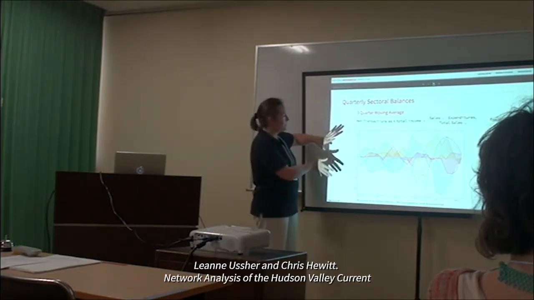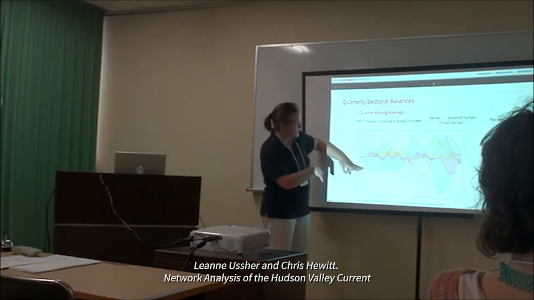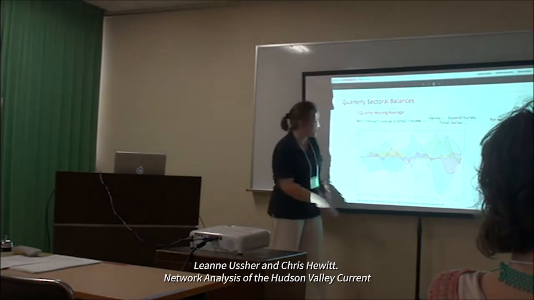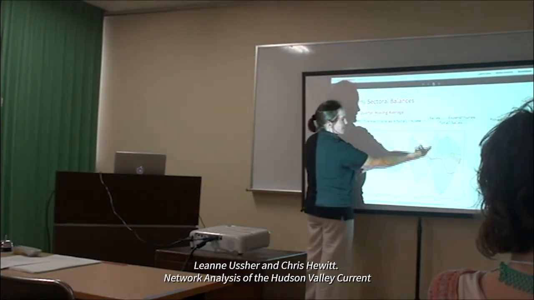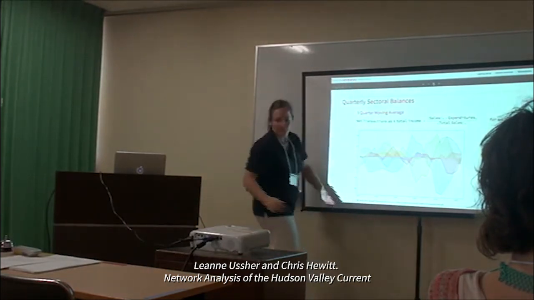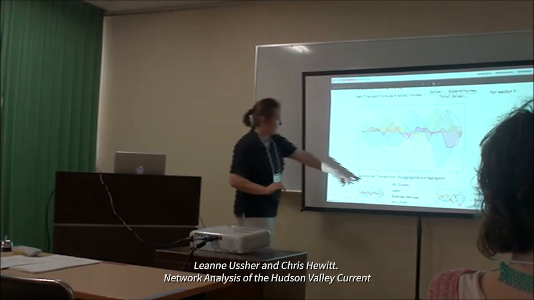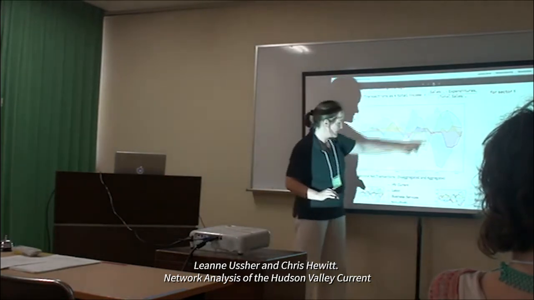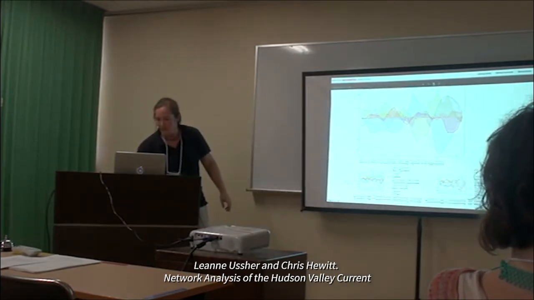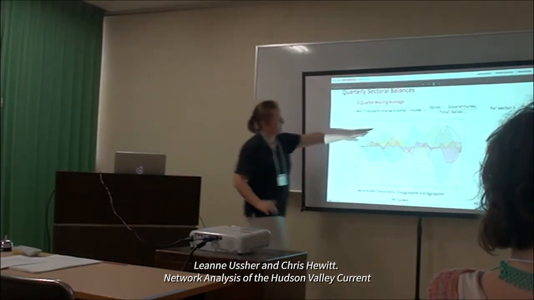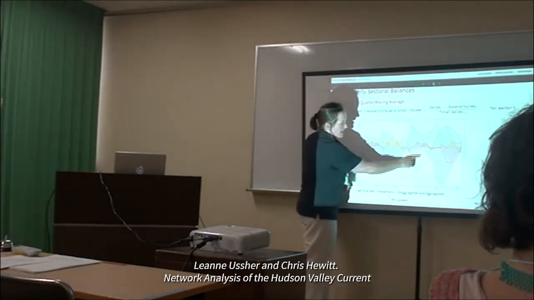This is sectoral imbalances, quarterly, smoothed a bit. And the blue line is the Hudson Valley Current. So whenever the Hudson Valley Current is in deficit, we are pushing the green guys, business services, into business services and other. So we've got another category there. We're pushing them into credit, right? So that's always opposite. But there are times when